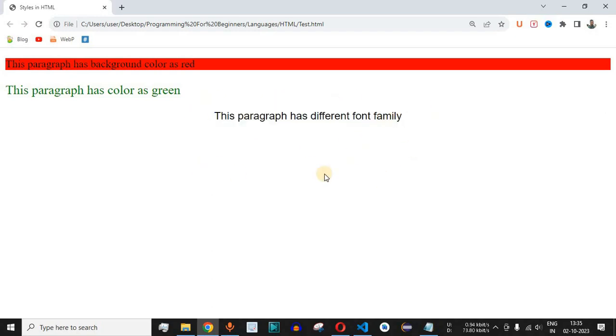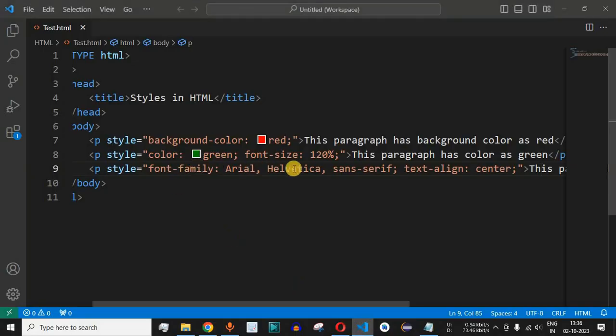So guys, this is the way that you can use the different properties and the values inside the style attributes for different HTML elements based on your requirements. Without the style properties, you will be able to write the simple content on your web pages, but with the style properties you will be able to provide certain styling and the formatting to those elements.